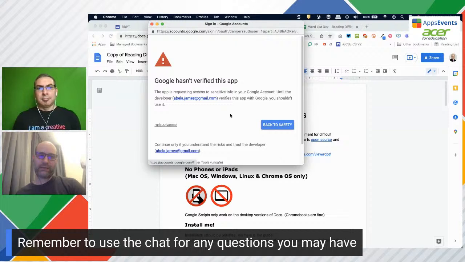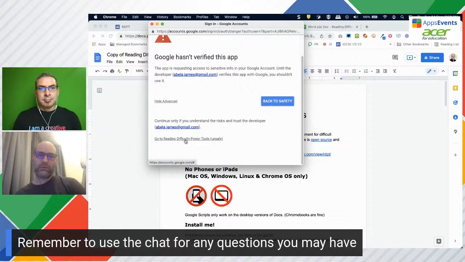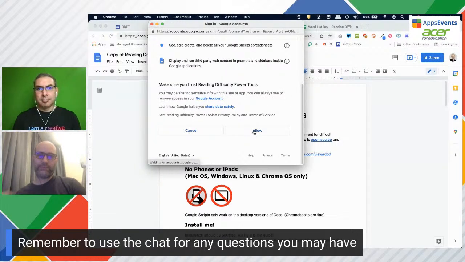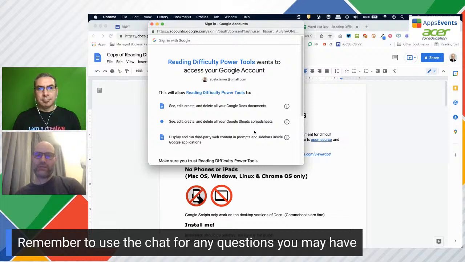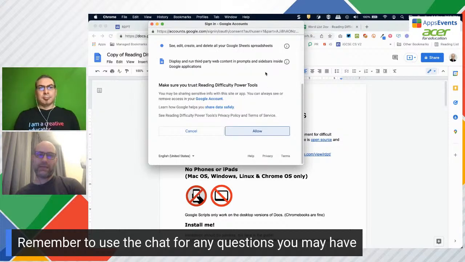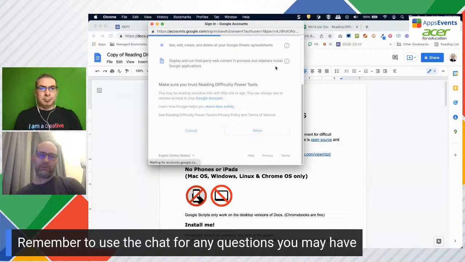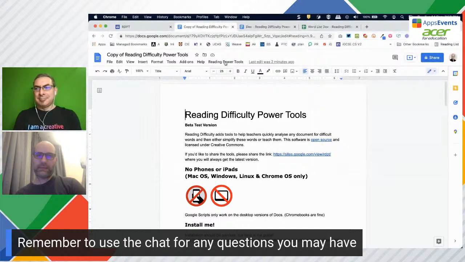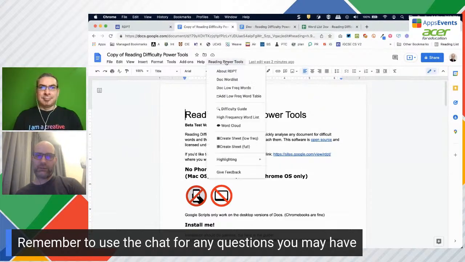You click on that, and then you go to reading difficulty power tools, and then you're able to use these tools. And then you click allow. These are the tools I need to create the spreadsheets and everything. I don't take any data. It's all within Google's materials. Authorization successful. And now I can generate these tools.